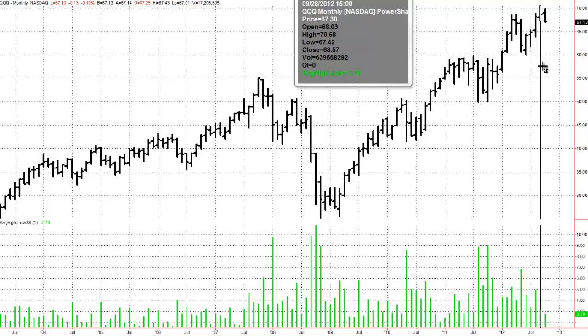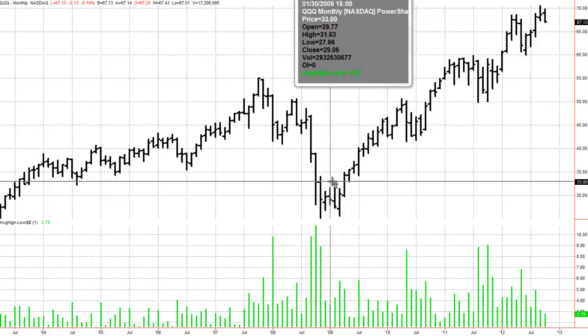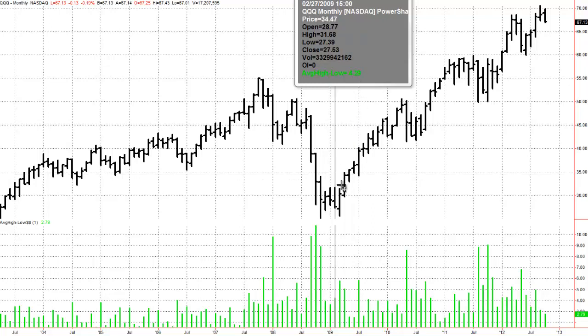So we'll pop back down here, and what we're going to do is take a look at the distance between the high and the low of each month. So there's a high, low, 3.99, 3.67 as you can see up here, 4.29, 5.83, 5.11. Now, interestingly enough, the number of months from this particular bar all the way up to here